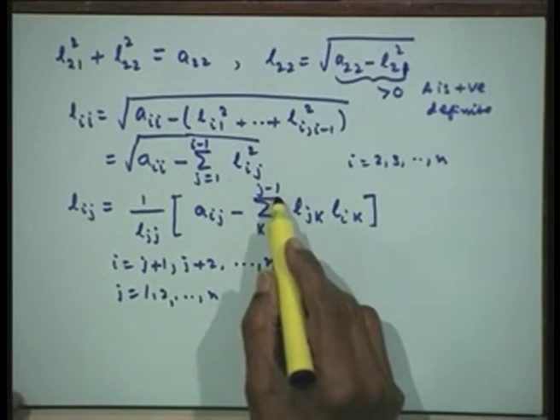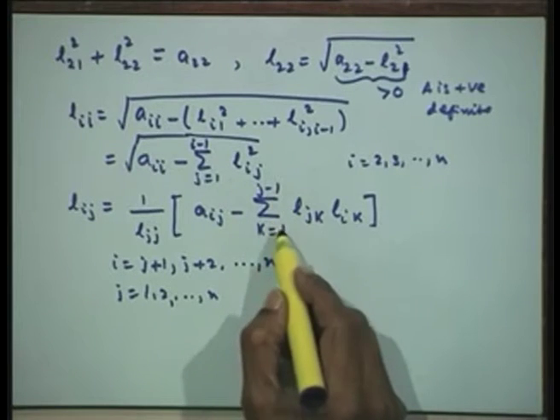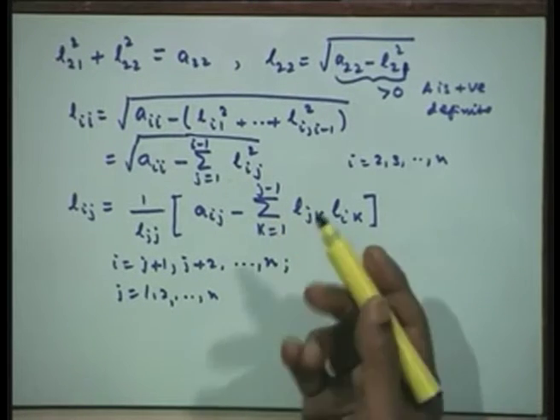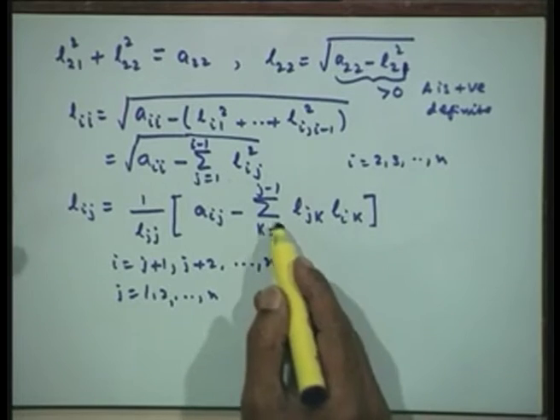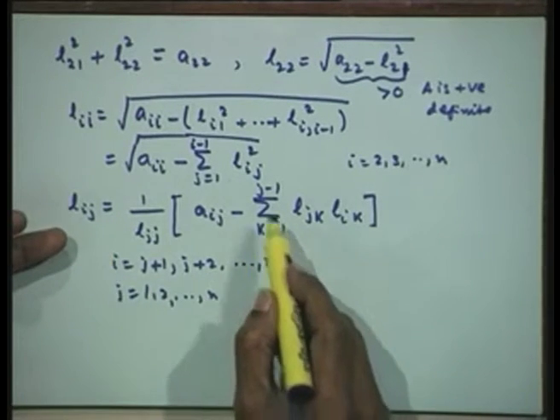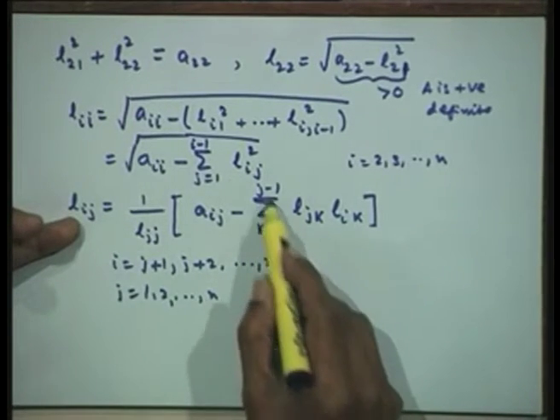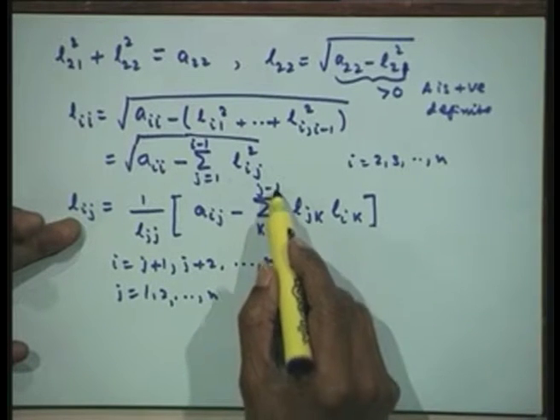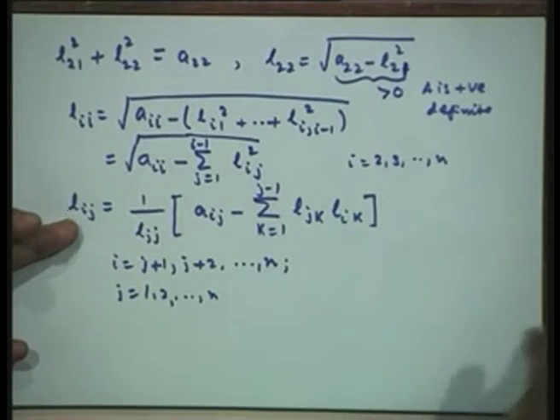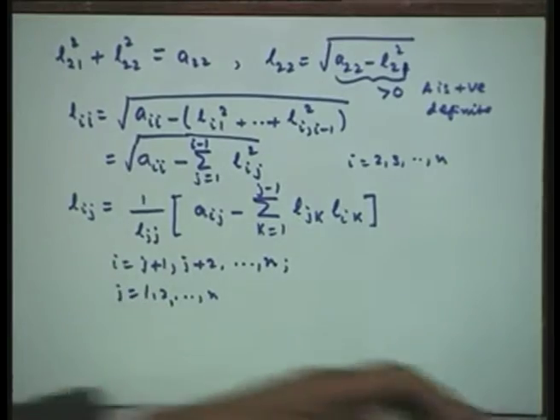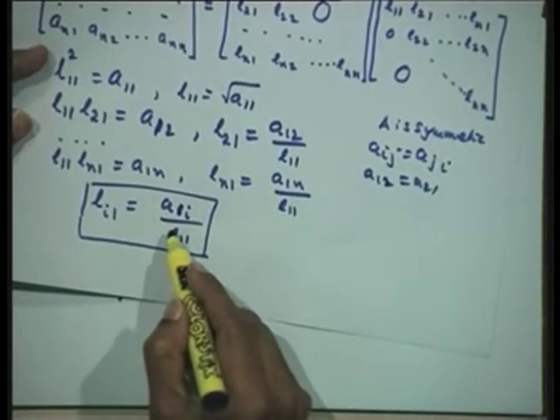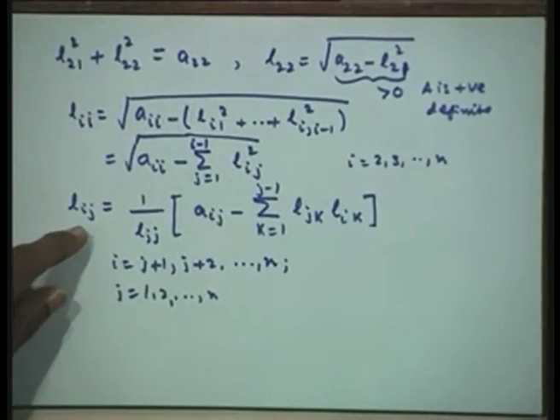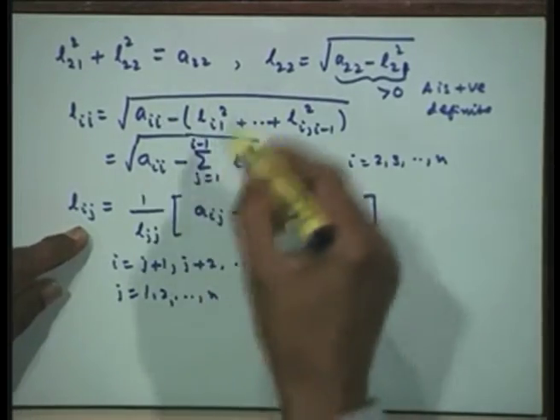Of course in this summation, when the upper suffix is smaller than the lower suffix, then that summation is ignored, there will be nothing there. For example, if I take j is equal to 1 here, I will get summation 1 to 0, so there is nothing there. Therefore that will land in this particular case, the first one.